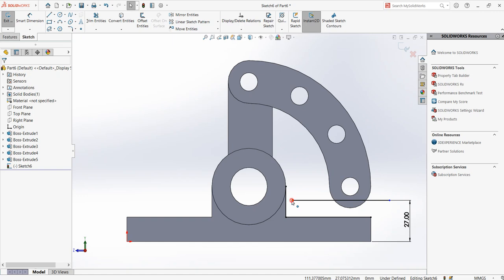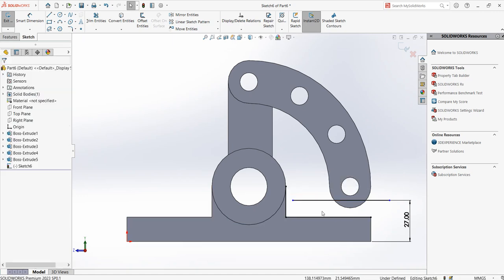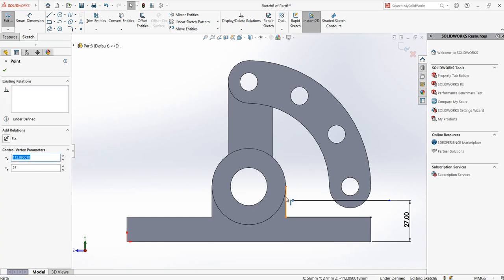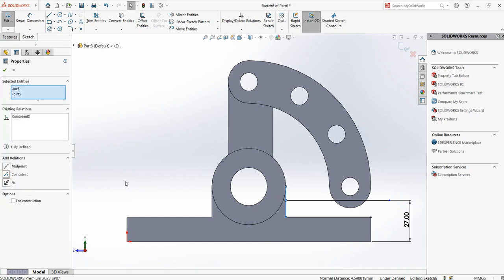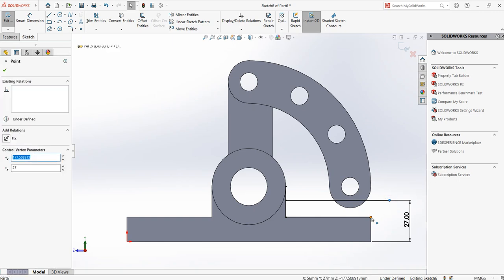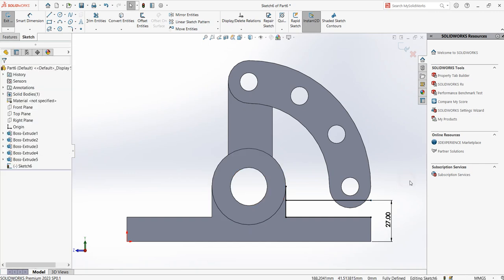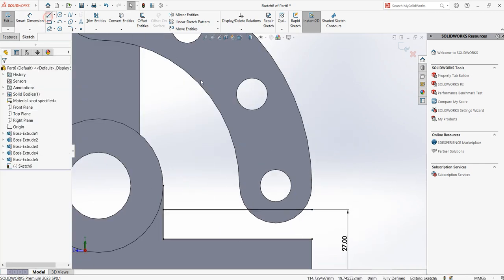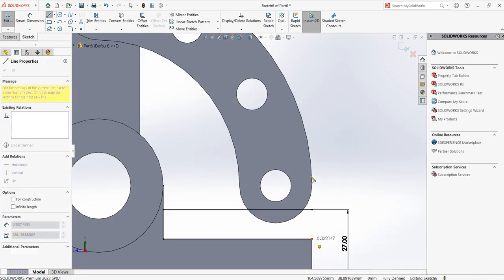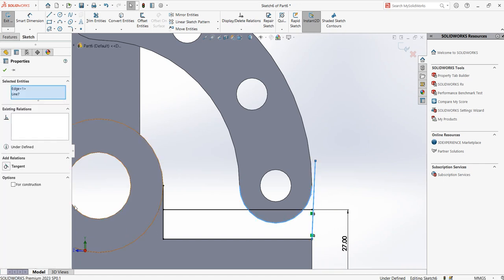Now this one, you can click on this endpoint here and click on this line and say coincident. And then this line has to be vertical to this line. Say vertical. Then you need to make another line all the way from here to, just make a straight line. And then you can say this has to be tangential to this